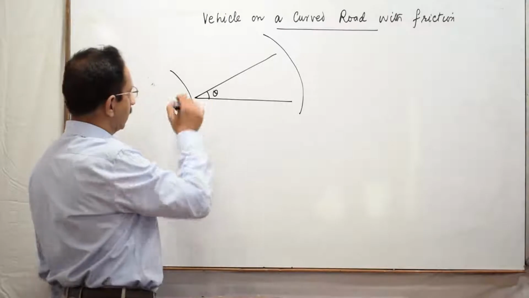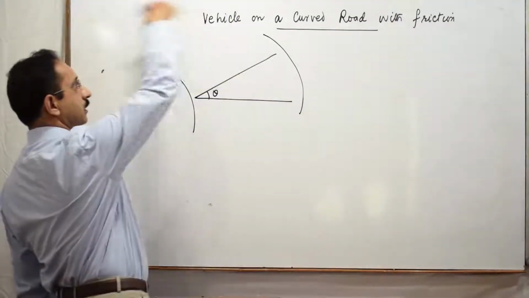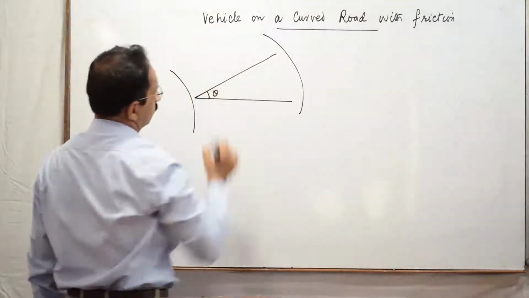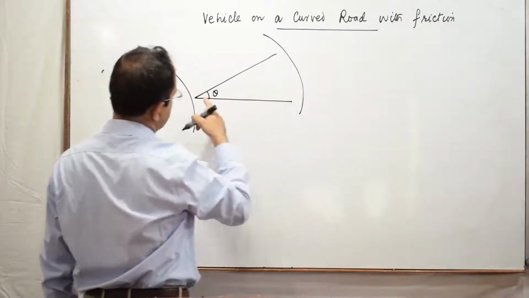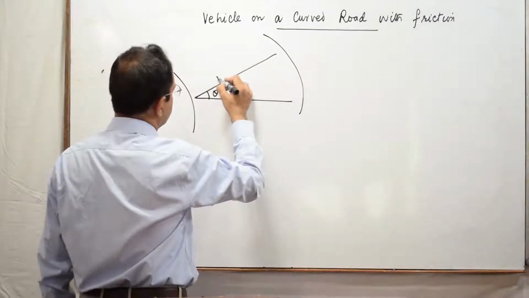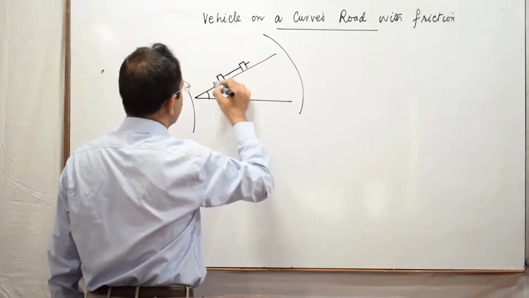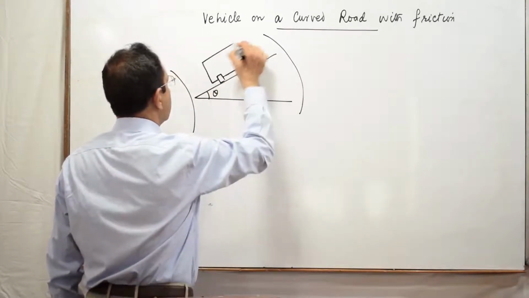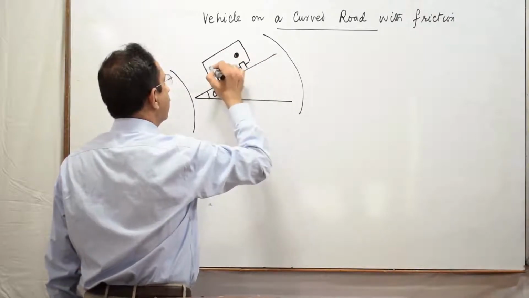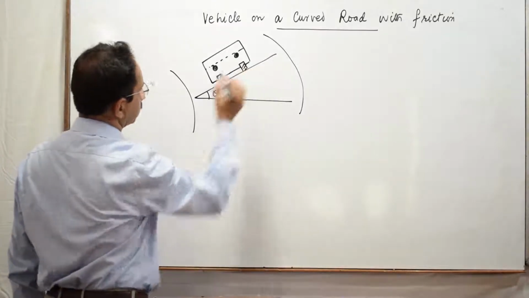So the inner edge of this, here the center is somewhere. You can imagine that there is a circular track and the outer level has been raised through some angle theta. Now when I think of a vehicle placed on this, this is its tire. You are seeing the front side of the vehicle. You can think of this as the headlight of this vehicle, or here the vehicle is proceeding towards us.